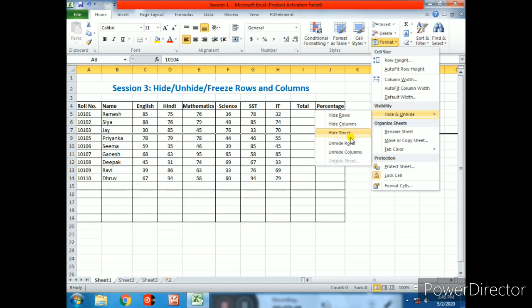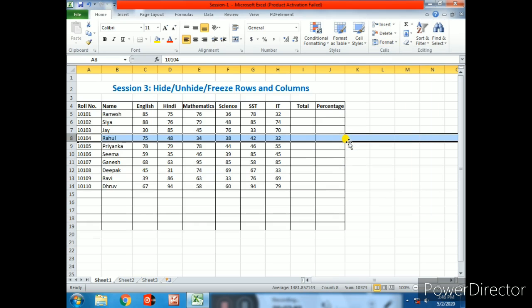Then again move to Hide and Unhide and move to Unhide Rows. Click on Unhide Rows. Now you can see that Rahul's detail is visible in the sheet. So in this way we can use the hide or unhide feature.